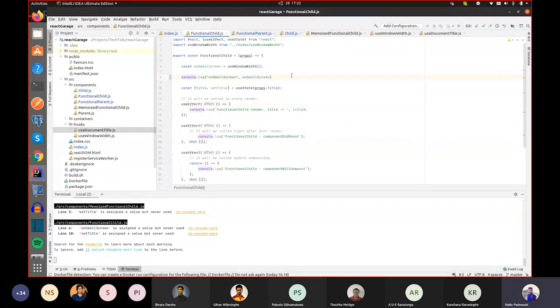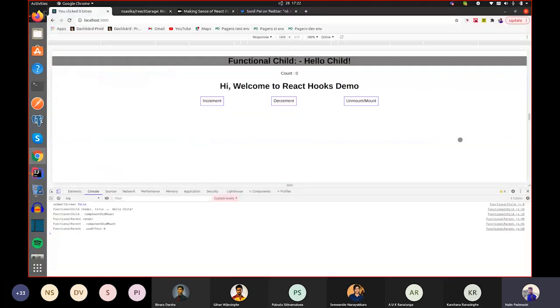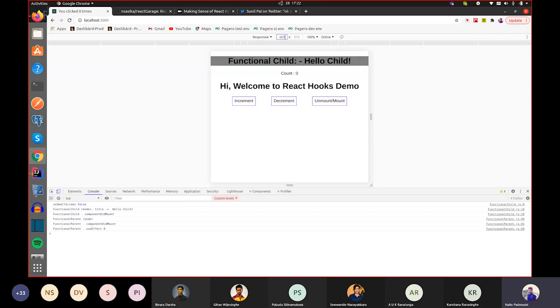Then I will use my next hook, which is useWindowWidth. I will console log the boolean value of whether this is on a small screen or not. I will change this to 600.